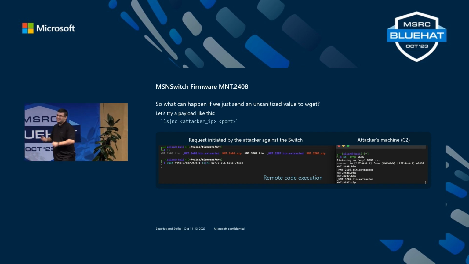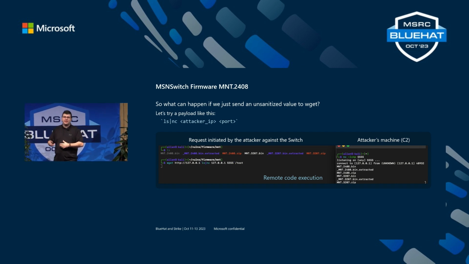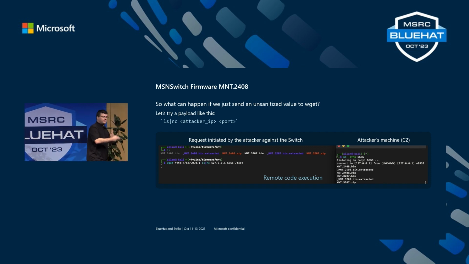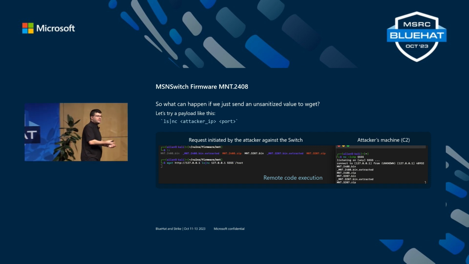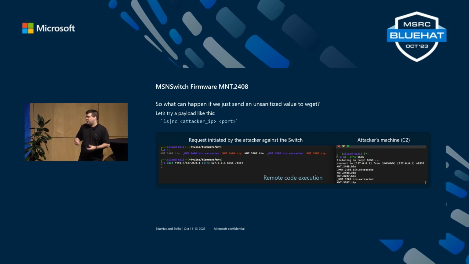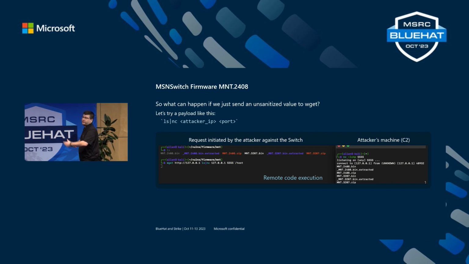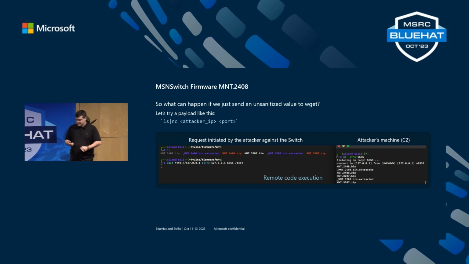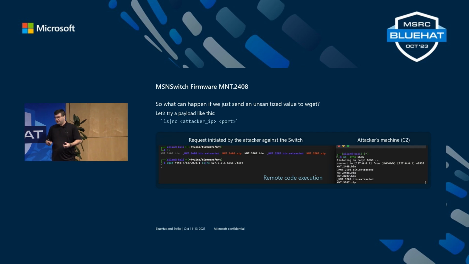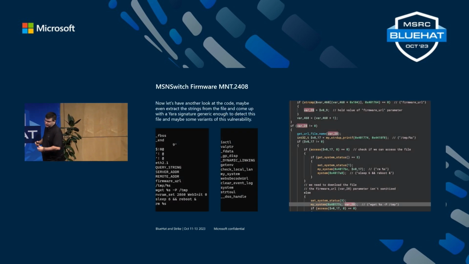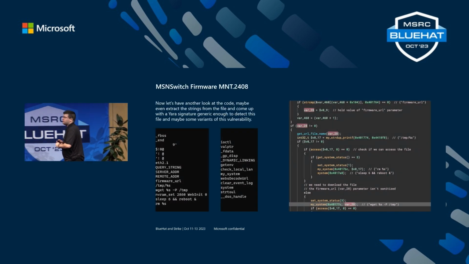So yeah, in this case, you can list files. Of course, it depends on what the user has on the system, but at least you have another bot in your entire botnet, or if you crypto mine, it's up to you. I'm not gonna judge. Okay, so now we pretty much have everything that we need in order to create our